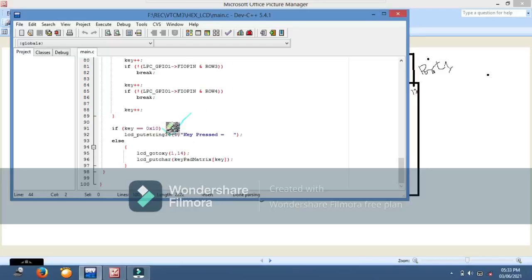When no key is pressed, finally on the LCD display only this one is displayed and no key code is displayed, because no key is pressed.